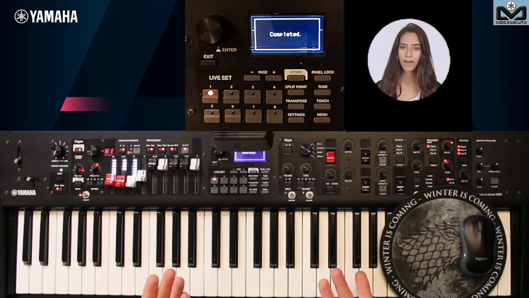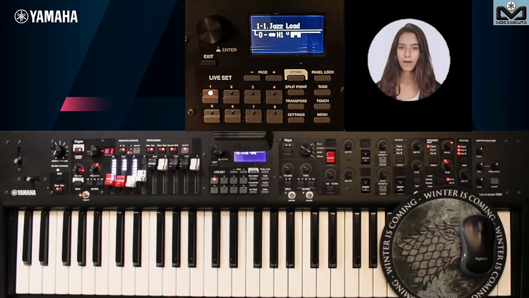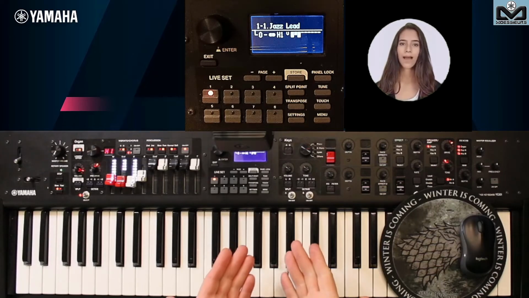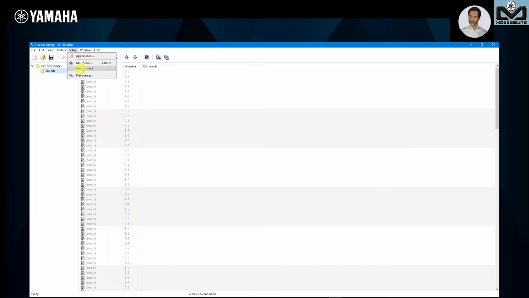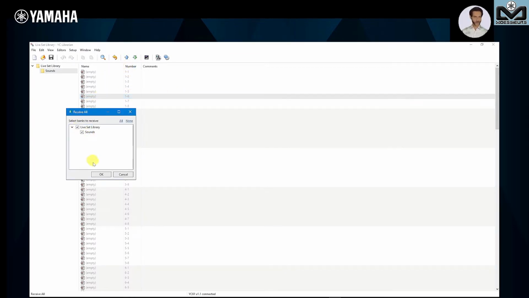If you bought John Melas YC tools with the Total Librarian, let's see how to save your live set. You can also save all your live sets with John Melas Total Librarian. To connect your YC with Total Librarian, go to Setup, Auto Connect, and it connects itself through the USB to host port. That means it is necessary to install the last YC driver. To receive your live set, just click there, that's what we want to do.